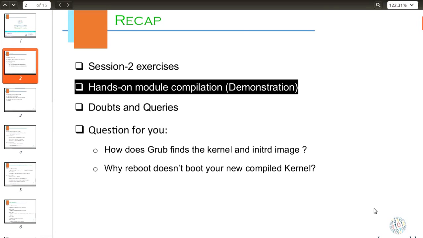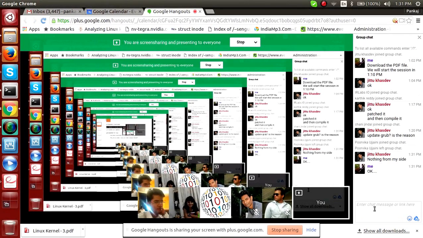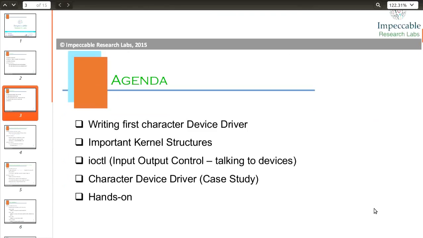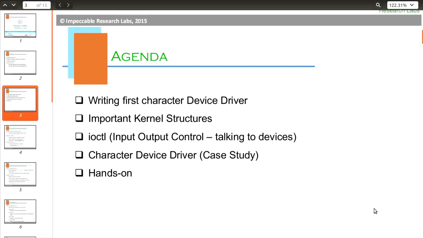Okay, after this class I'll continue with it. Yeah, okay. So what you need to do is try these exercises, and if you get stuck somewhere or have a doubt, write it down and send it across by mail, so that we can discuss it in our next class.